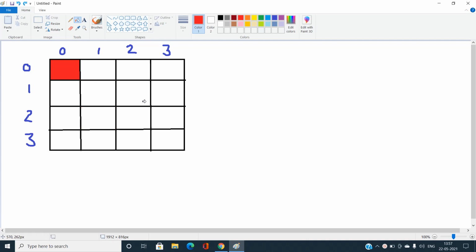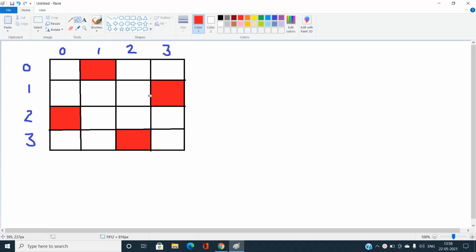So let us talk about a suitable configuration. I place a queen over here, and in the next column try to place over here. Yes, I can place. Then move to the second column, try to place over here, it arises a violating condition, try over here, it again arises, try over here, it again arises. And if I place over here, you can easily see no two already placed queens attack each other. Similarly, if this is true, come to the next column, the third, place over here, it arises the violating condition, place over here, it doesn't. The whole configuration is true, no two queens attack each other.